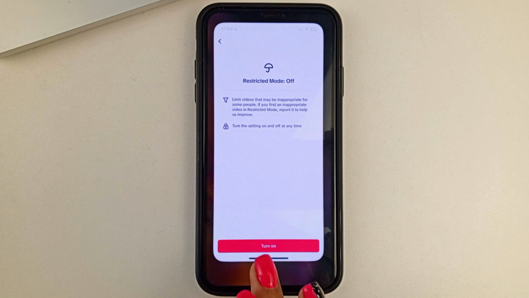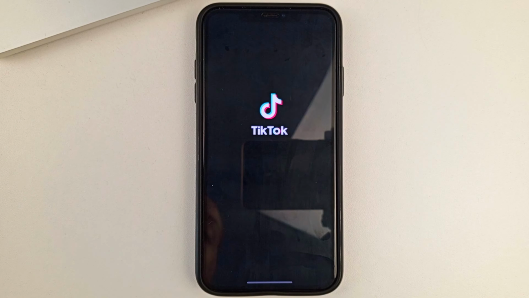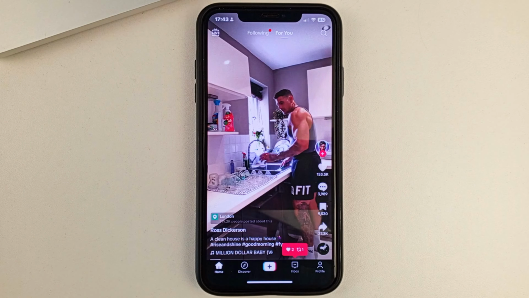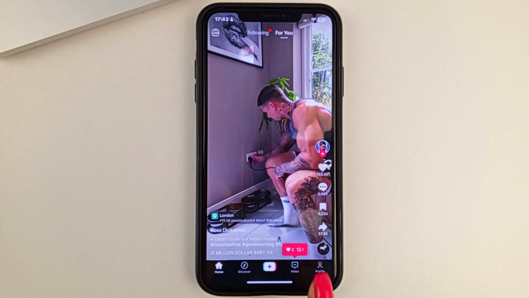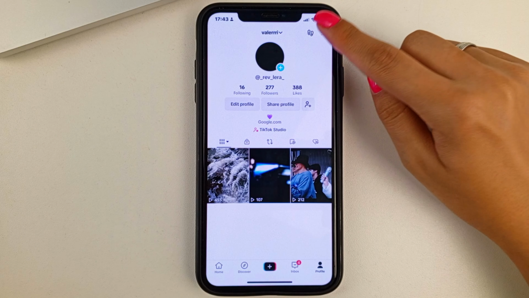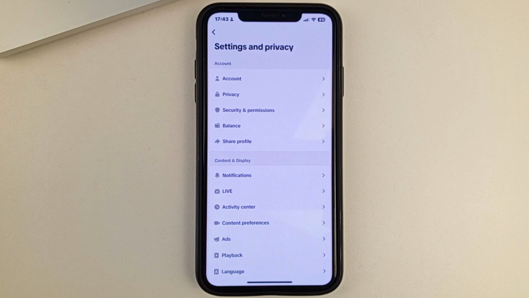And I'm going to show you from the very beginning how you can find this mode on your mobile device, and TikTok. So, please go to the TikTok app itself. And here you'll need to go to the bottom. Go to your profile. And then, friends, on the top right, click on the three bars. Then click on the gear to go to Settings and Privacy.